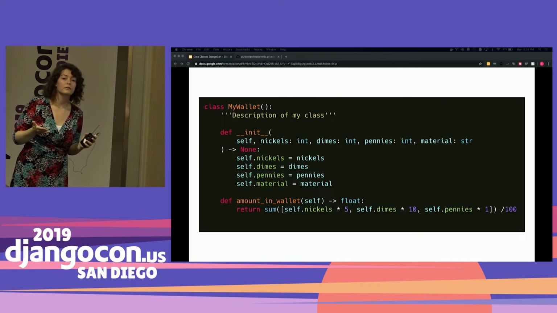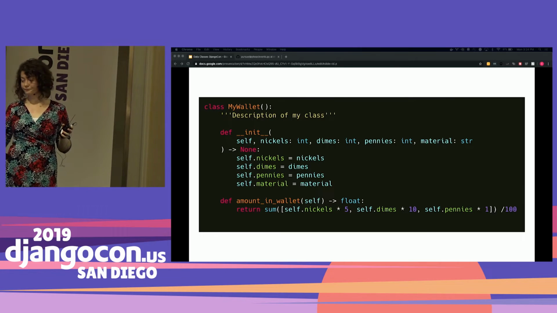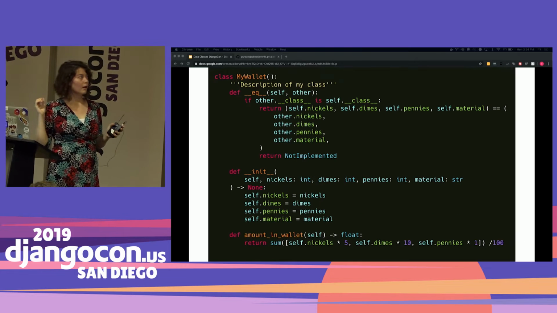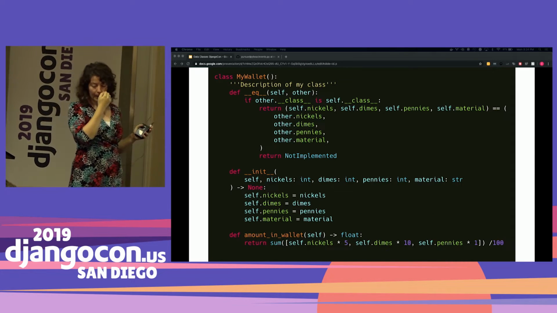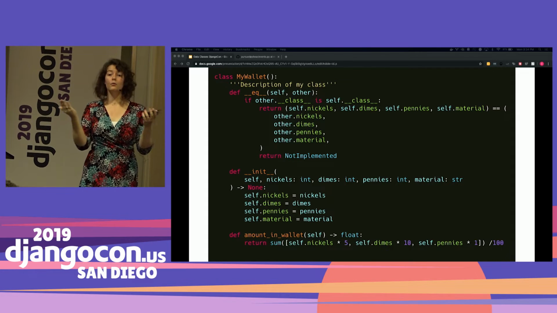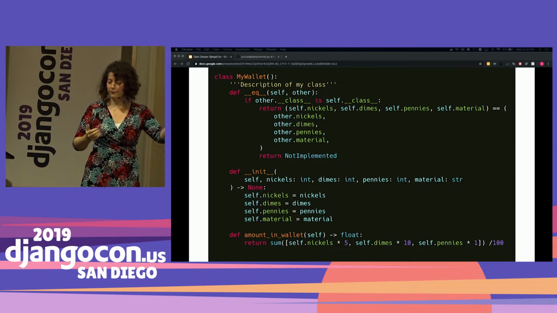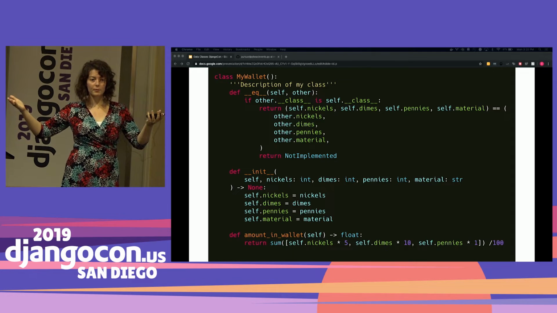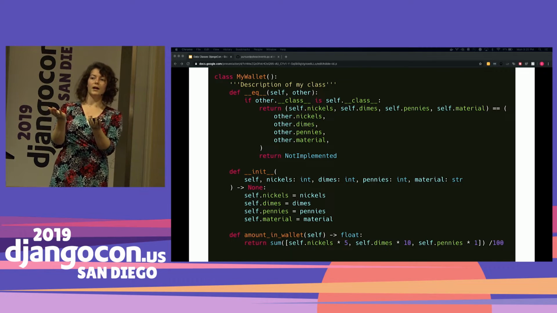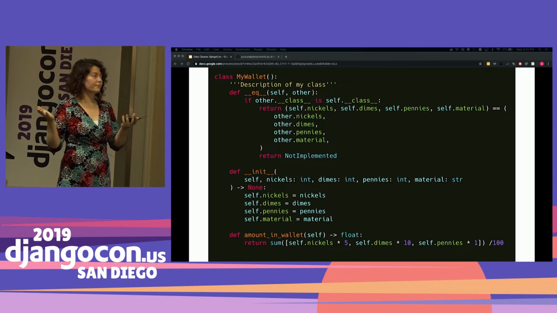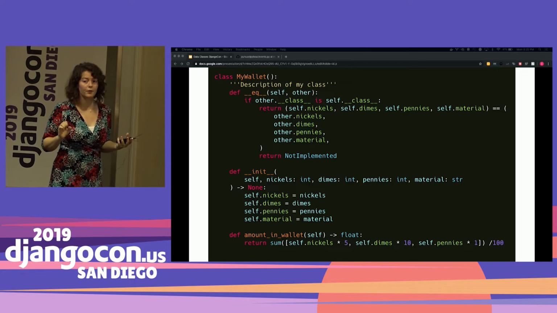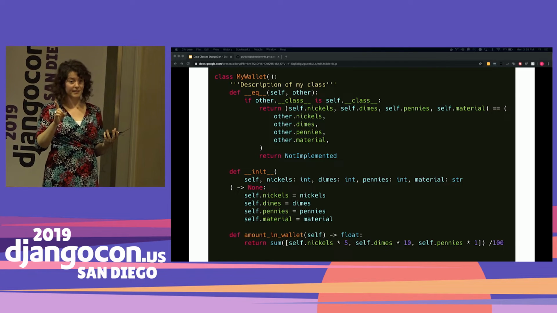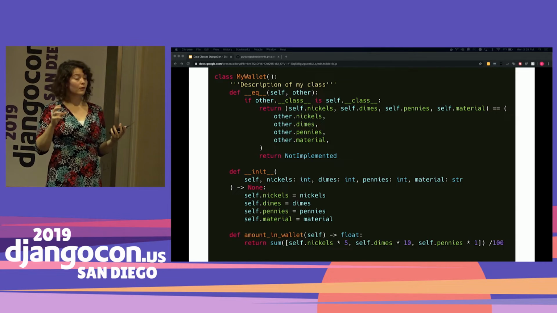But after a while, you might hit some problems. For example, if you are working with a class and you want to be able to compare wallets, so you have Casey's wallet over here and Veronica's wallet over here, you'd like to be able to compare. Do they have the same number of dimes? Do they have the same number of pennies? It is occasionally helpful, because of hashing, and we'll get to this in a second, to actually define your own equals.